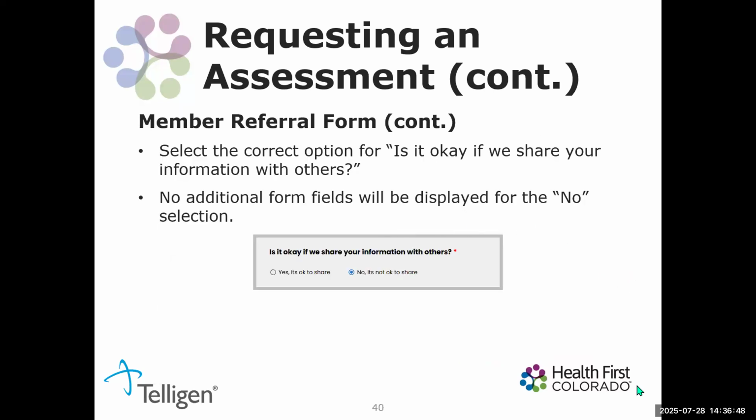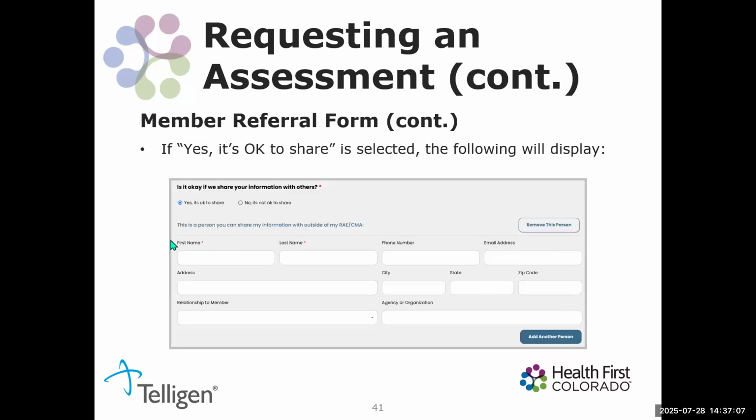So then we ask if it's okay for us to share information with others. If it is okay, it'll stay right here, and you move on to the next question. If it is not okay, this section will also expand for you, and we'll ask you